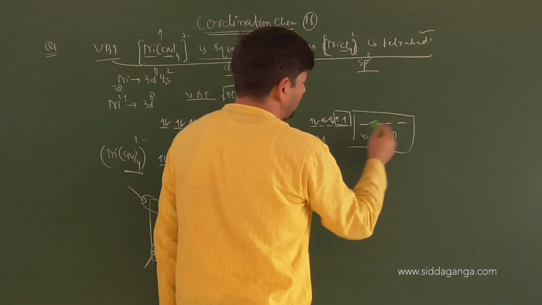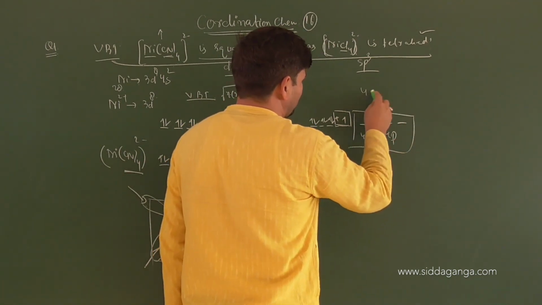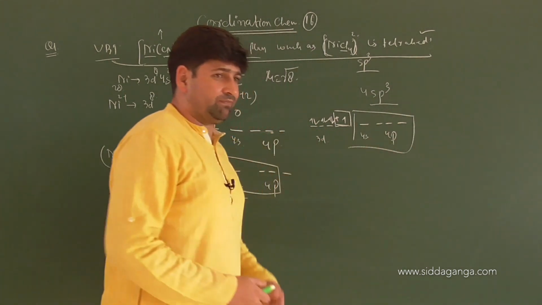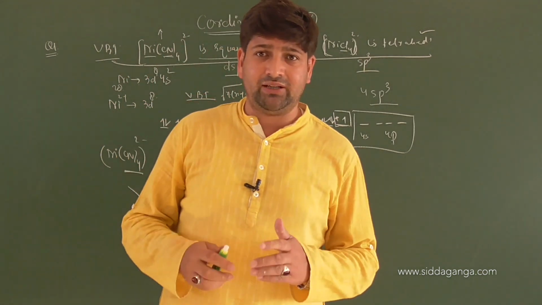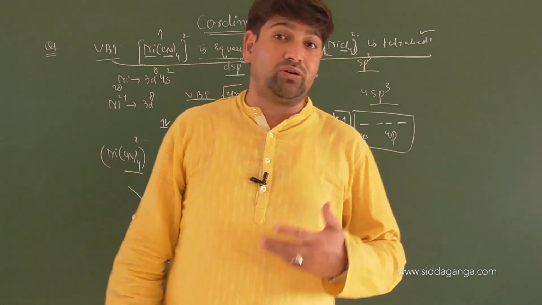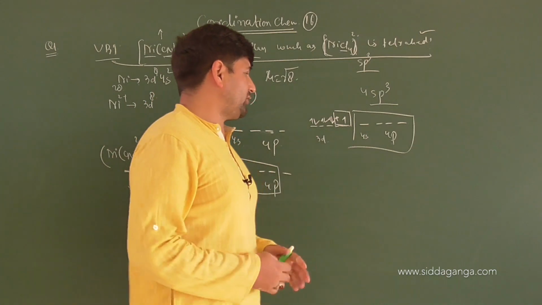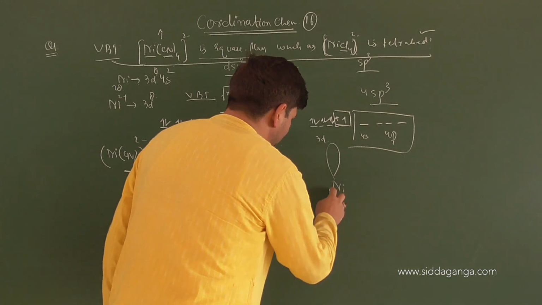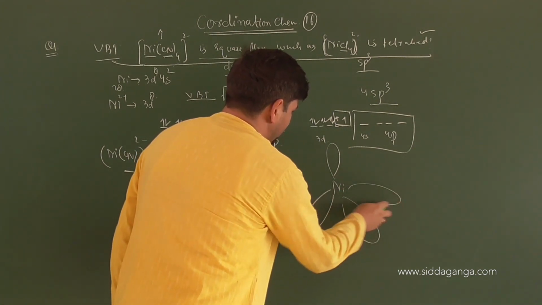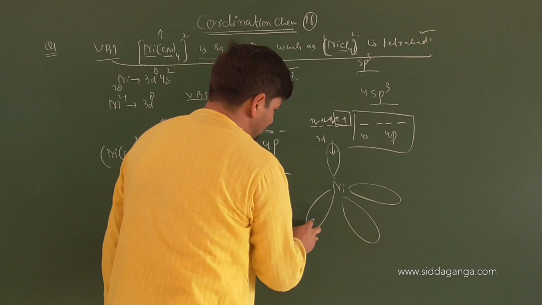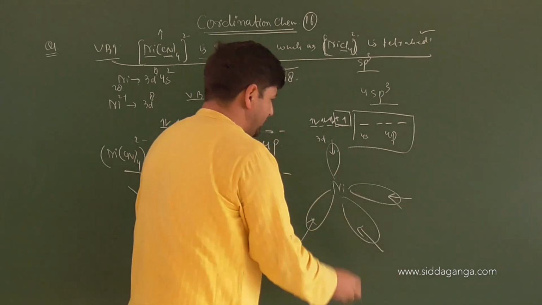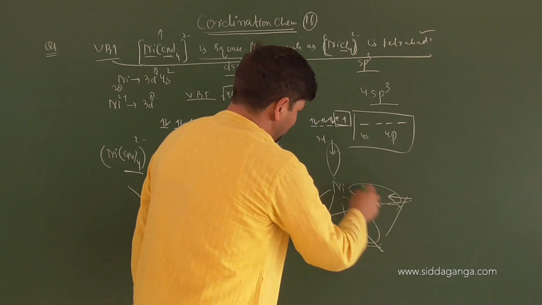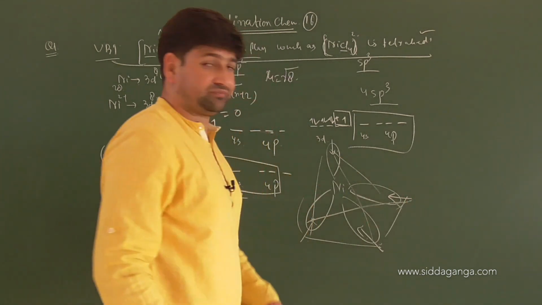The hybridization will be such that the outer 4 orbitals will be used, which is 4 sp3 hybridized orbitals when 1 s combines with 3 p, because we know the total number of hybridized orbitals made is equal to the total number of atomic orbitals combined. So there are 4 hybridized orbitals, and how will those orbitals be around nickel? In NiCl4, they will be oriented in a tetrahedral position, and the ligand will be able to donate electrons to those hybridized orbitals. As a result, the shape of the molecule will be tetrahedral.